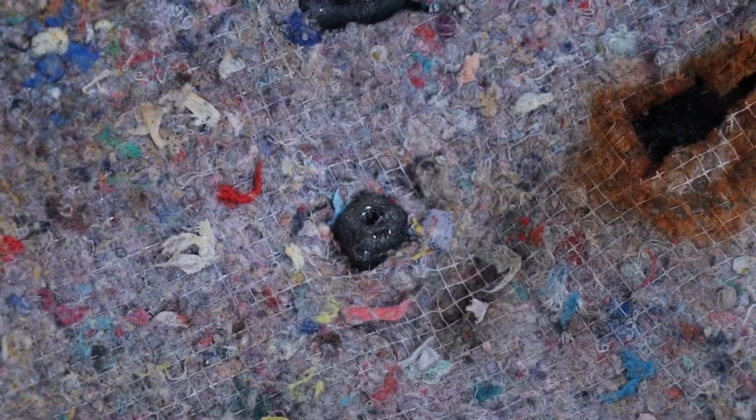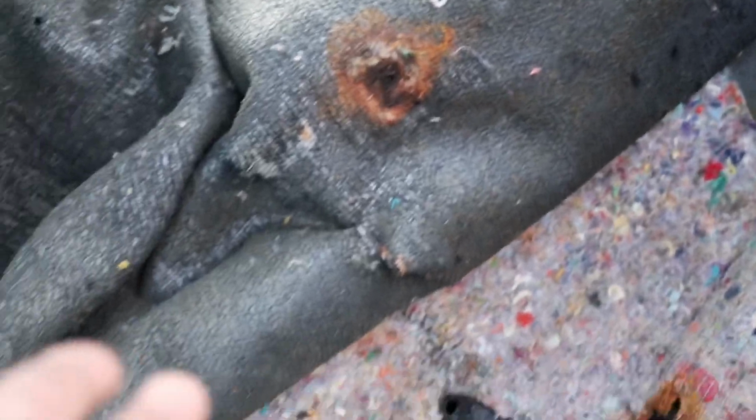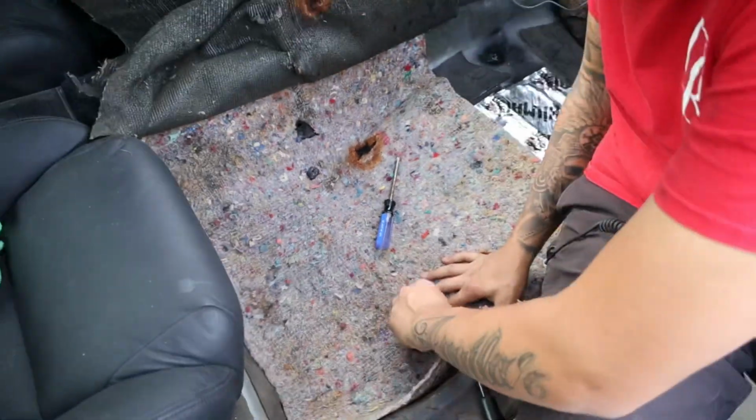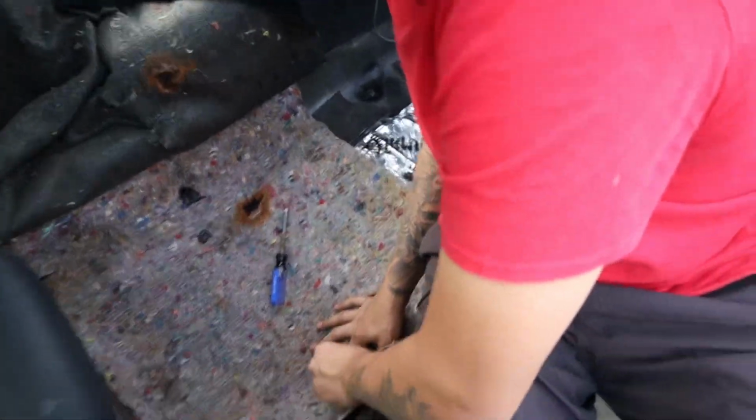So he took the hole open there. Here's the other hole you can see. And then you just got to do the same thing through your carpet. And then mount it. Mount the seat back in and you're good to go. What we're going to do with the wiring is...